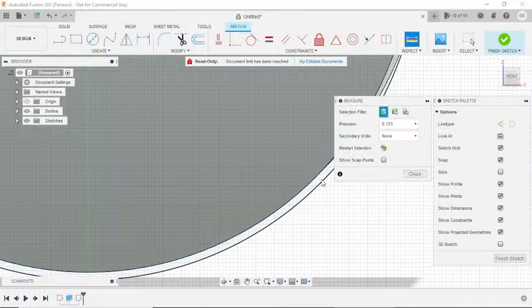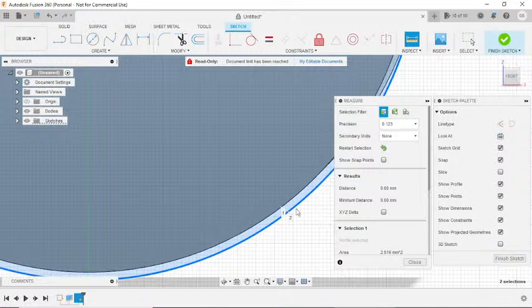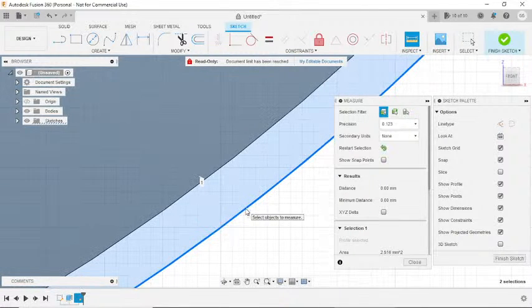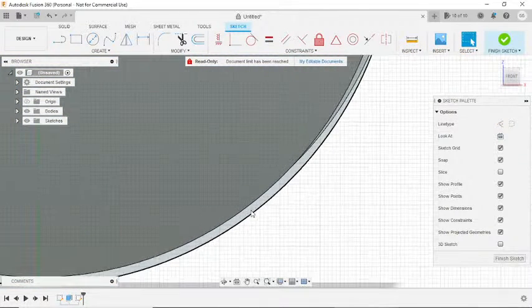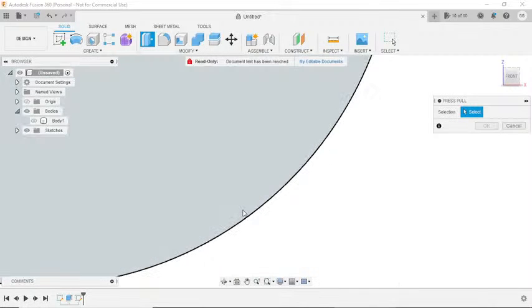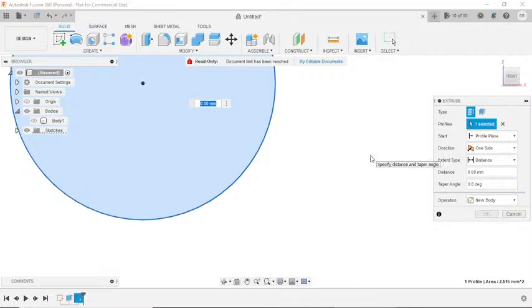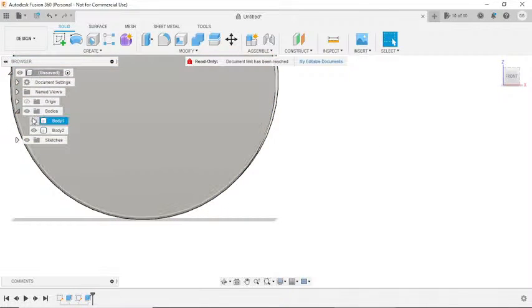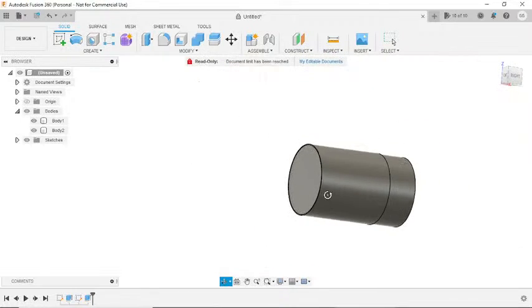Why isn't it giving me the distance? So this is supposed to be distance. Why is it 0? This is a bit annoying. If we go to bodies, hide body 1, and then we're going to extrude that to 2 mm, bring back in the first body, and that lip definitely needs to be